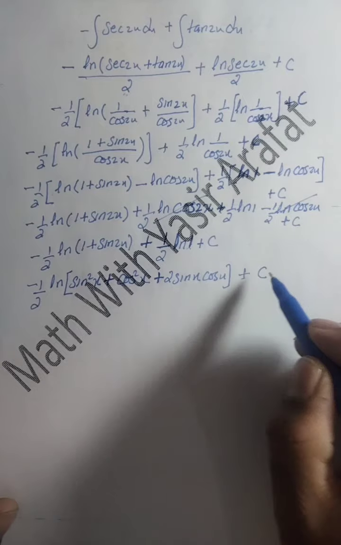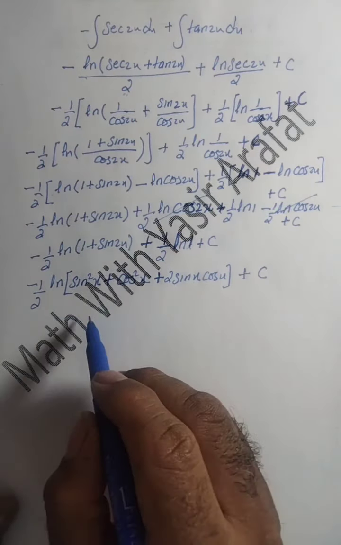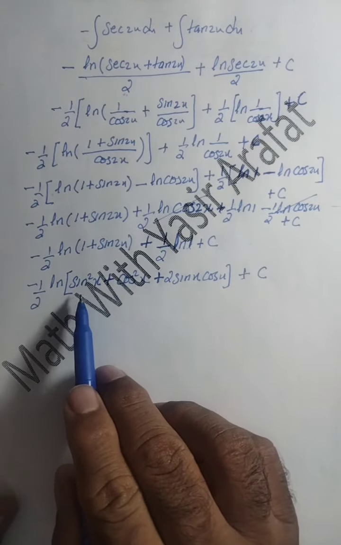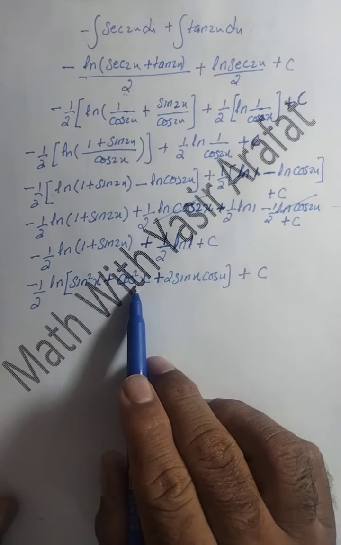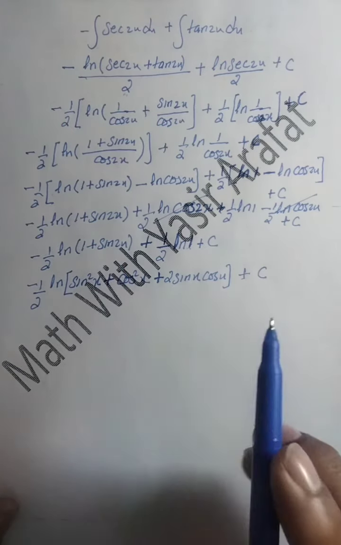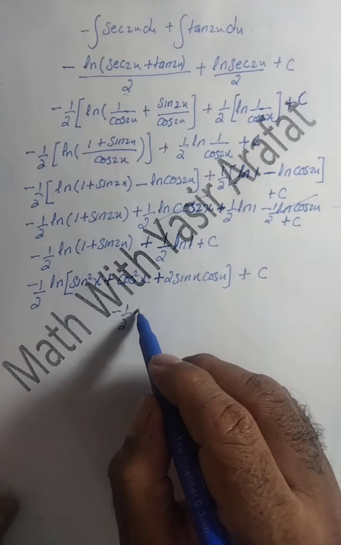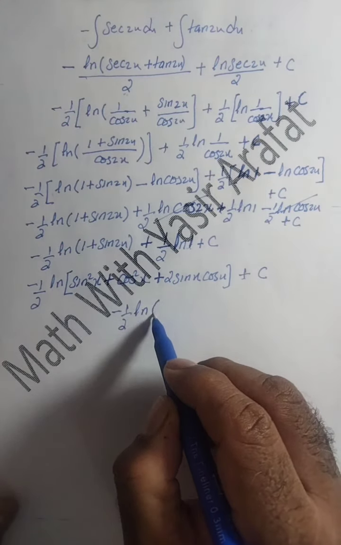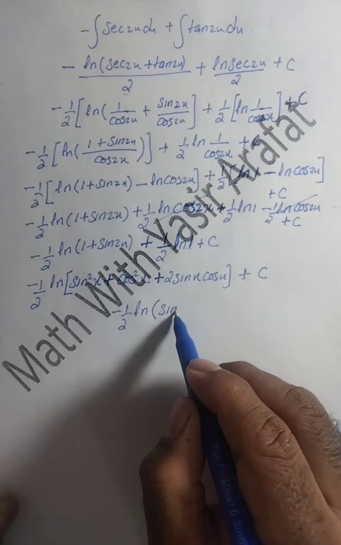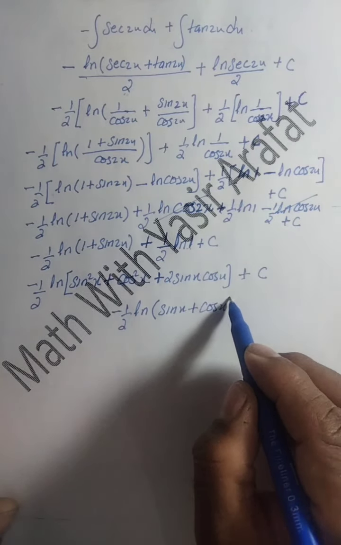So we can write the whole constant as c. And now 1 is equal to sin square x plus cos square x, and sin 2x is equal to 2 sin x cos x. Now it becomes the formula of a whole square, that is sin x plus cos x to the whole square